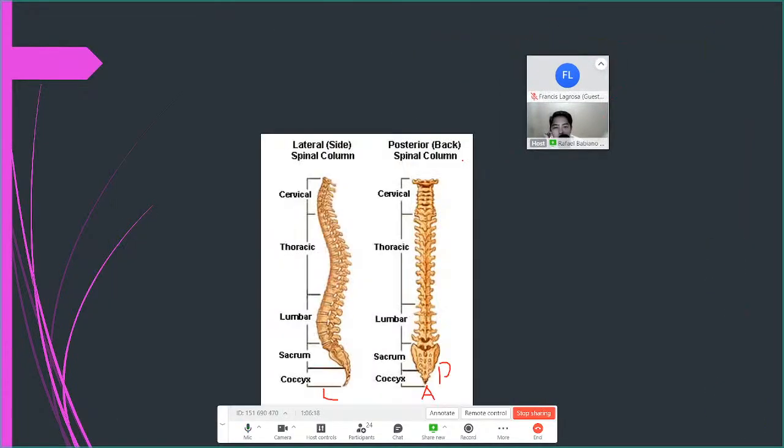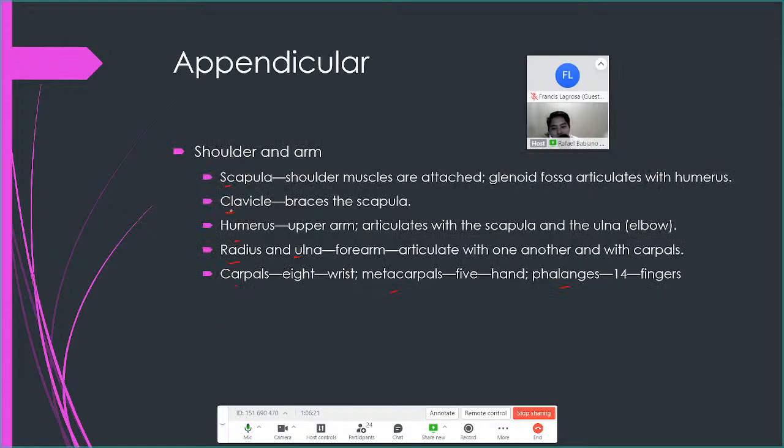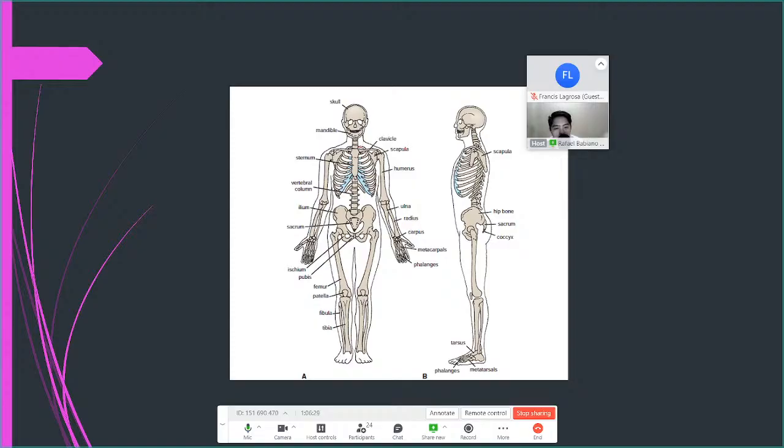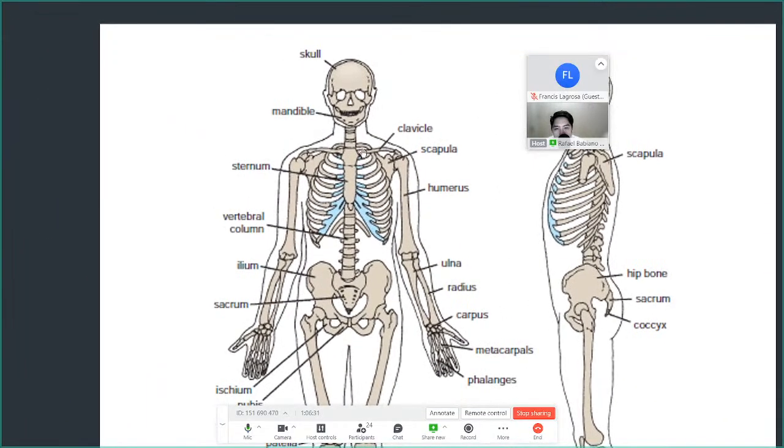Now we go to the next one, the clavicle, I believe. Yes, the clavicle, as I showed you earlier, is the collarbone. It braces the scapula. I think it's right here. Clavicle, right here. These 2 slender bones. Fun fact, the clavicle is the most commonly fractured bone in your body. You will learn why when we go through our topics, but for now, just take note, the clavicle is the most commonly fractured bone, mainly because, look at it, it's very slender, very thin.